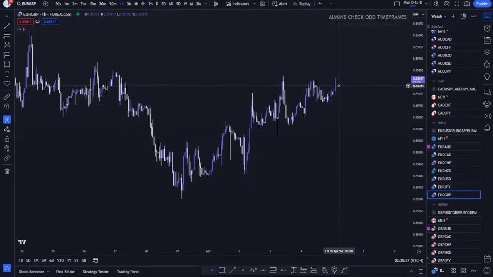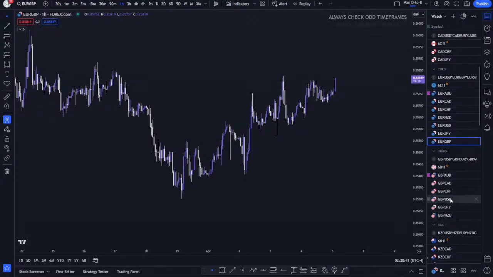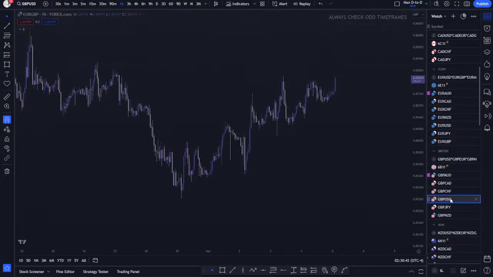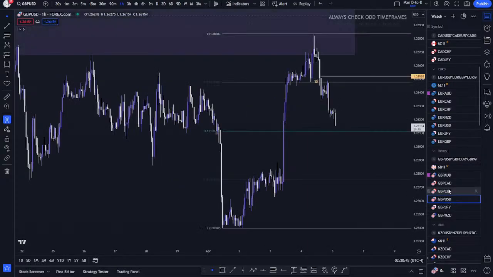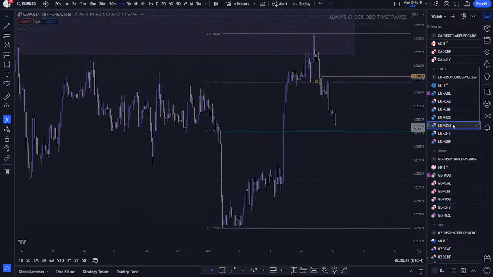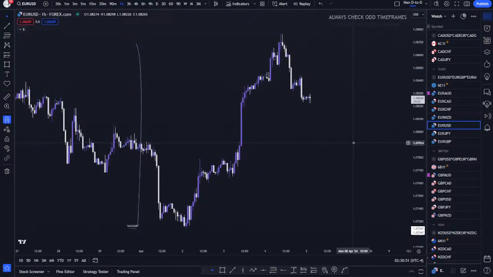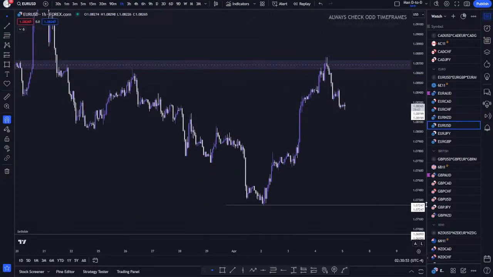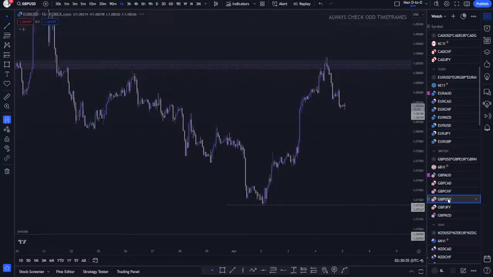Therefore, I chose the weaker one, GBP. That's why I'm on GBPUSD instead of Euro dollar. Also GBP has an easier draw on liquidity than Euro does, because if you remember,